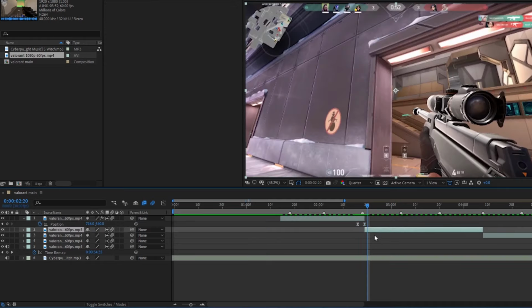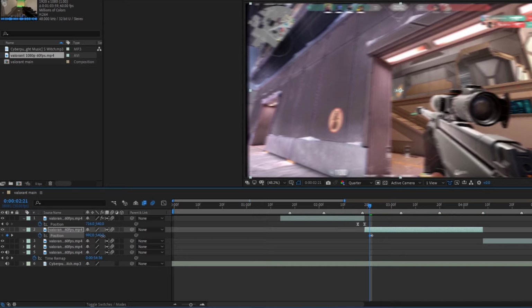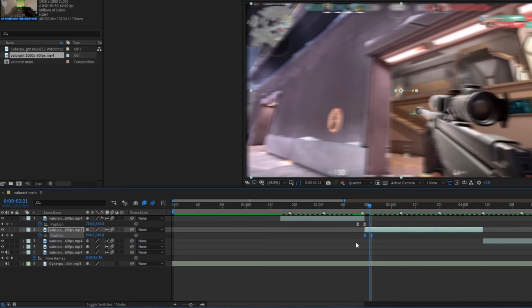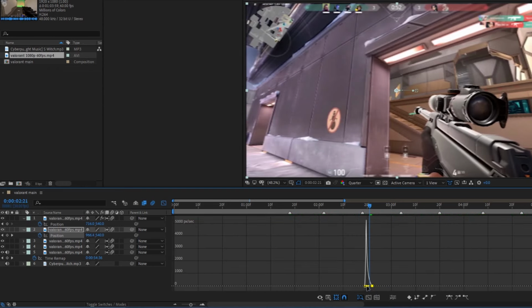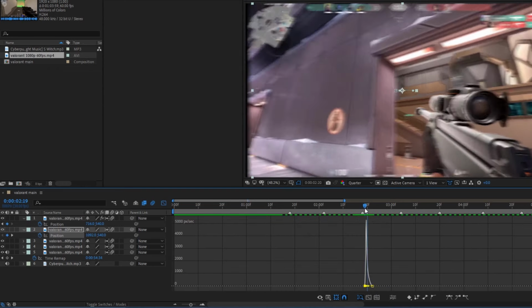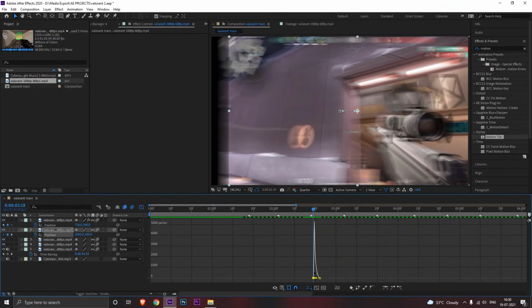Next, select the second layer and select P to bring up the position keyframes. Now add a keyframe here at the right side first, then add a keyframe at the left side. In this keyframe, move the layer to the right side and make sure both the layers are moving in the same direction. Next, select both of the keyframes and press F9 and go to the graph editor. Here you have to make a similar graph like mine. This is actually the opposite graph from the previous layer. So this is what happens when you don't apply motion tile.